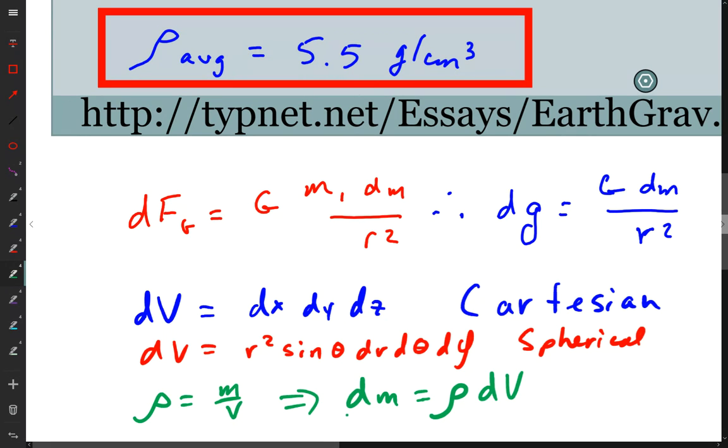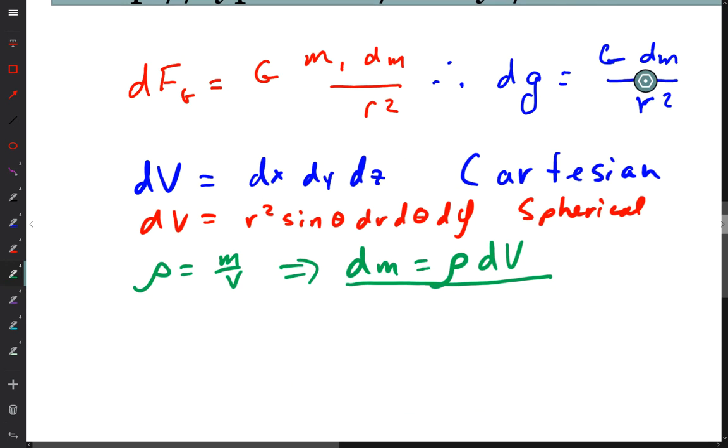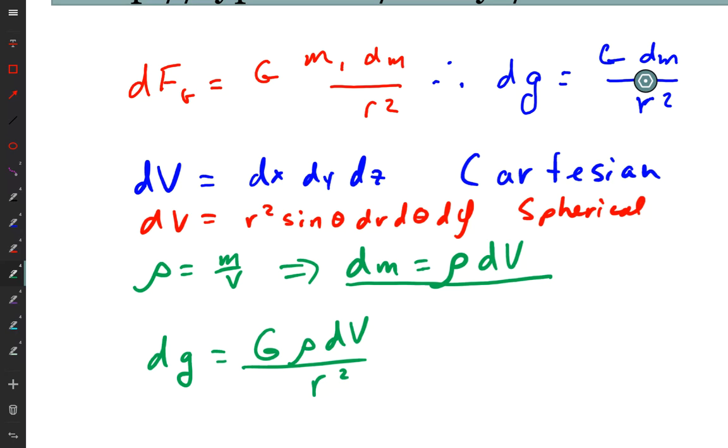So this is the relation that I put into my integral. I have dg is capital G dm over r squared. I'm going to now write dg is equal to capital G times rho dv over r squared, making that substitution. Going further with this,